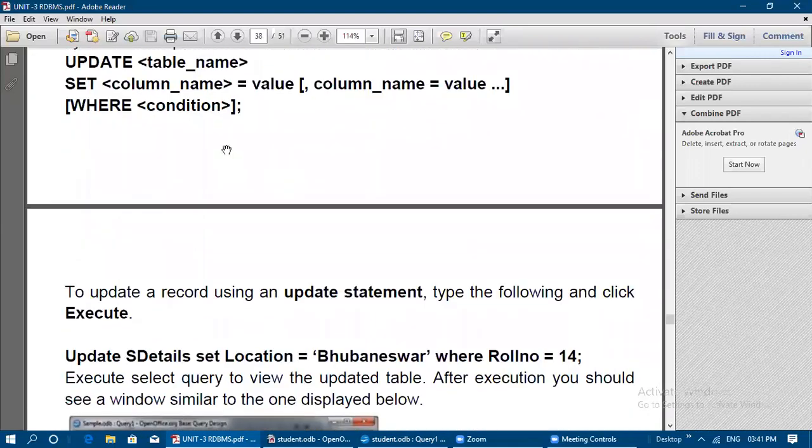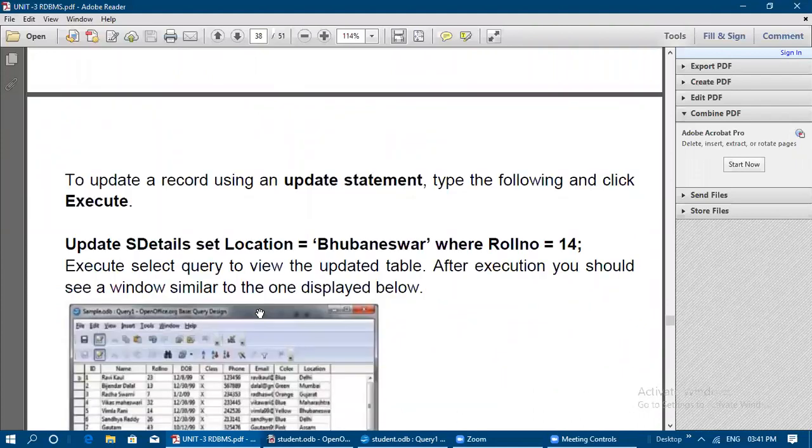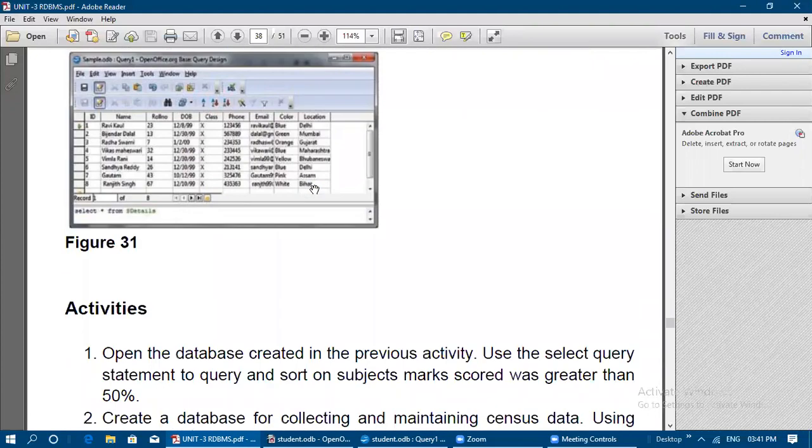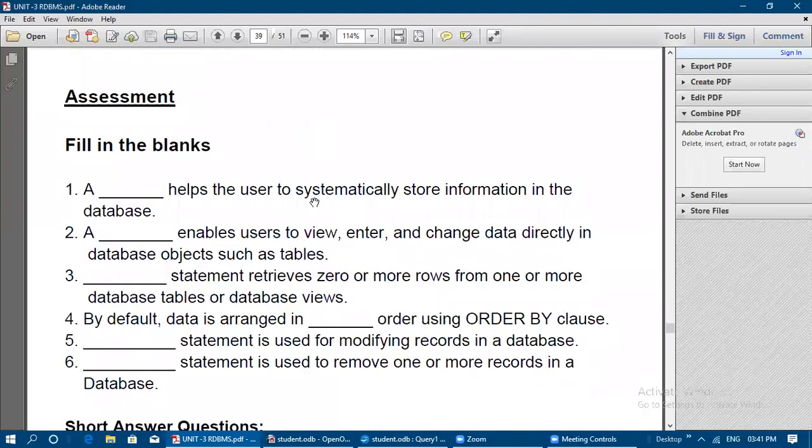Now it is changed after using this update statement. After giving this, the data gets updated here. In this method we can update particular data in a table.